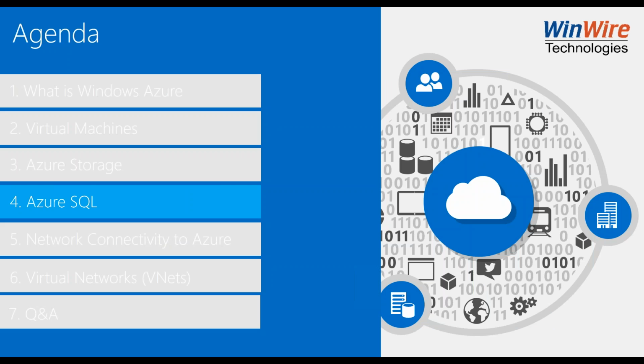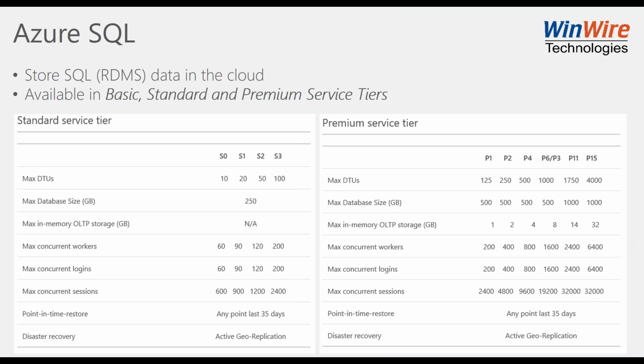Okay, so moving to Azure SQL. Many companies are using SQL Server on-premise, and that's okay. You can continue to use your SQL Server on-premise, and you can easily move it to the cloud. In fact, I have an instance running here that I'm going to show you. But you can also use Azure SQL in and of itself, okay? And so there are 3 tiers. Again, you have a basic, a standard, and a premium service. And you can see some of the metrics that are surrounding them.